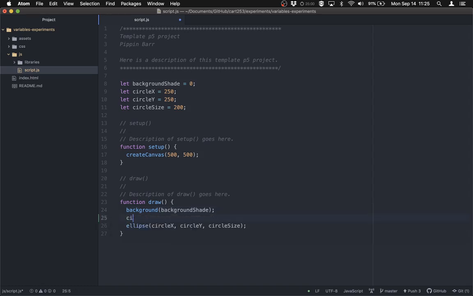Let's just change the circle's x position, and we'll just add 1 to it. And I'm actually going to start it now at 0. So I'm going up to the declaration of circle x here, and I'm changing it to 0. The reason for that is I want it to start on the far left, because if you think about it, if I keep adding 1 to it, it's going to move to the right,